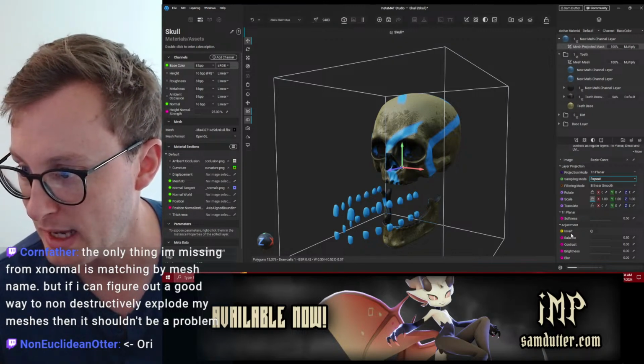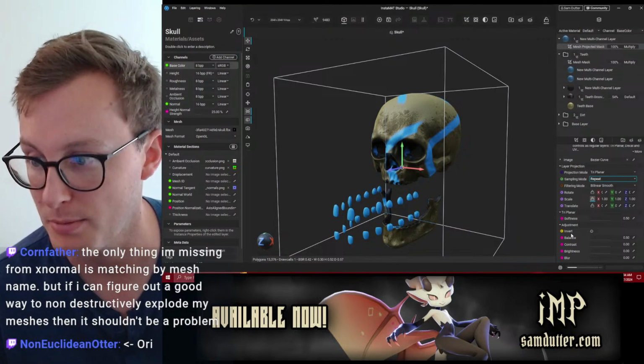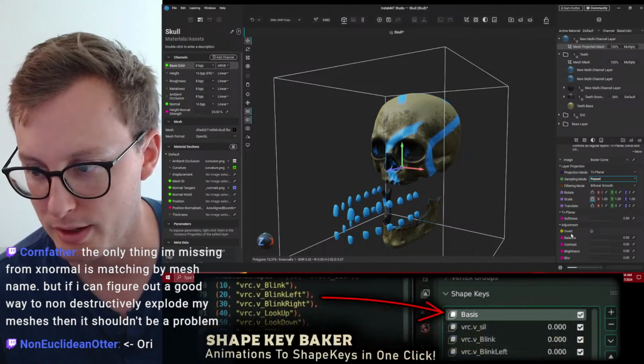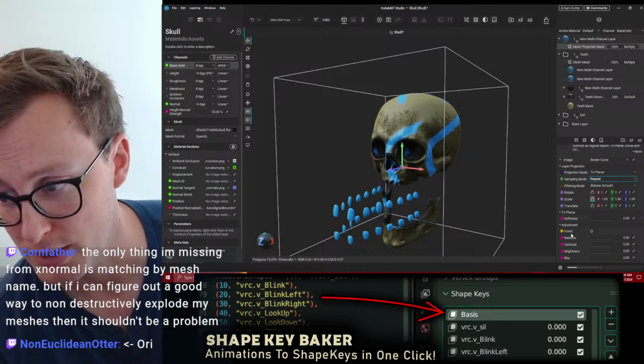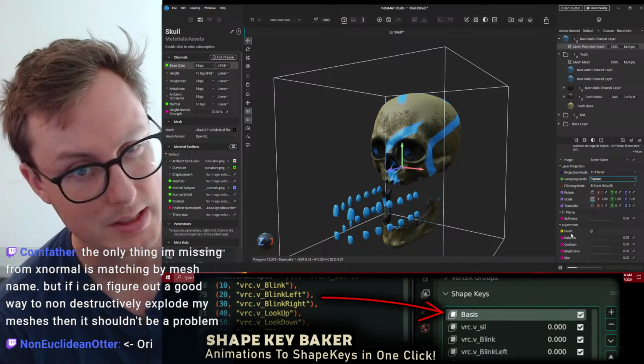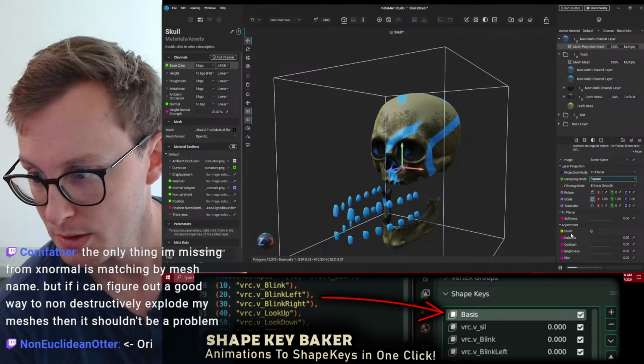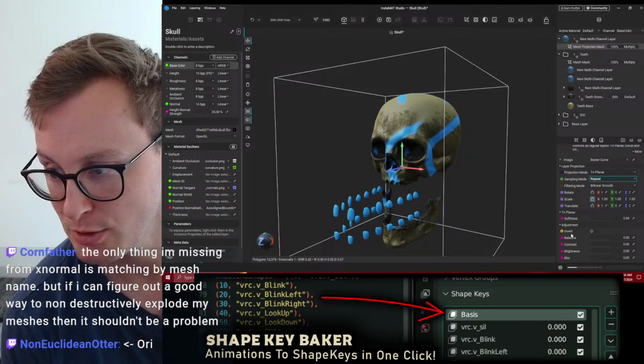Most of the time, if I just need a cage, I use a displace modifier for the cage object. Same here, yeah, managing the displacement with a vertex group really gives me the best results. Worst case scenario, a shape key. The only thing I'm missing from xNormal is matching my meshes by name.